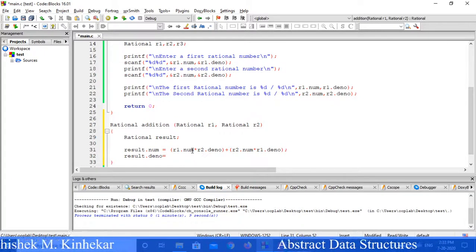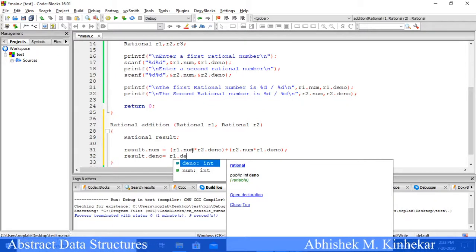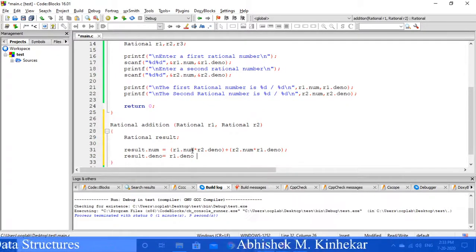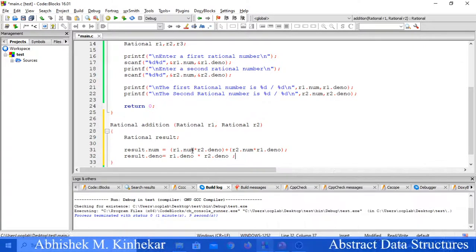Correct? What will this give? This will give the resultant's numerator. And how do we calculate the resultant's denominator? It's extremely simple. First rational number's denominator multiplied by second rational number's denominator, semicolon.